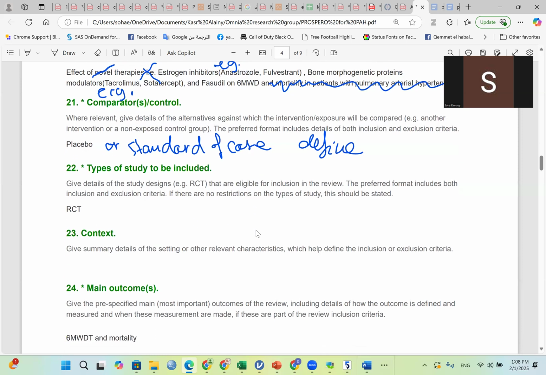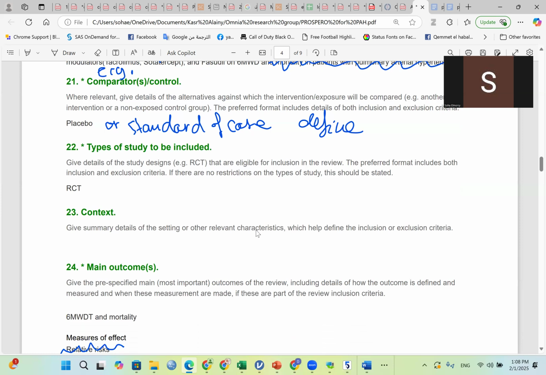Then number 23, I like it very much because it's reminding us about something called the context. The context of the studies that are to be included, because sometimes you are very much taken into the description of the intervention, description of the population, and you forget that you want to include perhaps studies performed only in primary care settings.